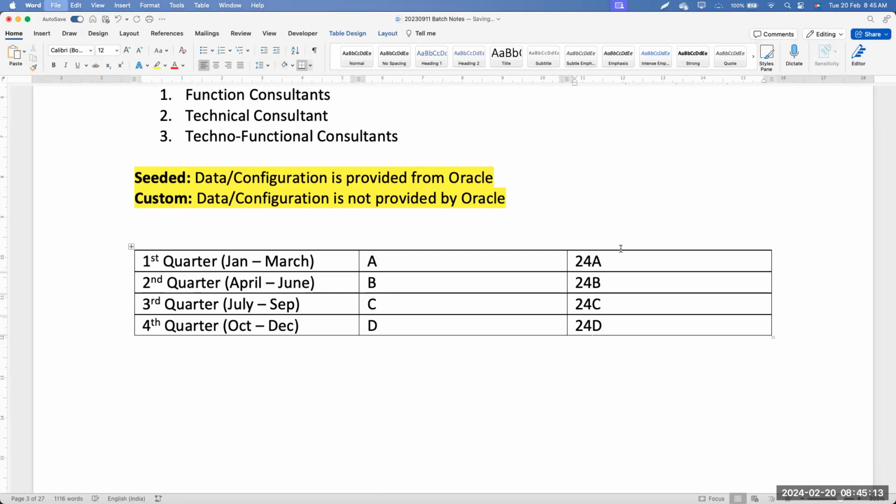So for the first quarterly patch update, we call it 24A. And then for the second quarter, we call it 24B. And this is the year. So for this year, we call the versions 24. For last year, we call it 23 A, B, C, D. And for next year, we have 25 A, B, C, D. So the year and then the quarter alphabet represent which version we are currently in. So now that you understood the quarterly patch updates and versions,